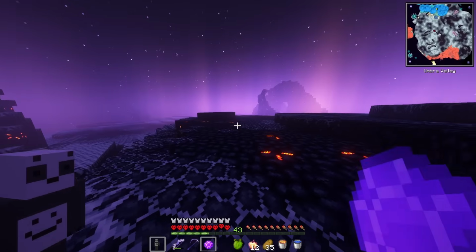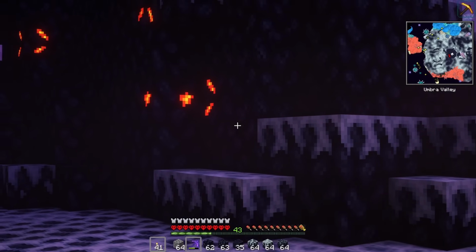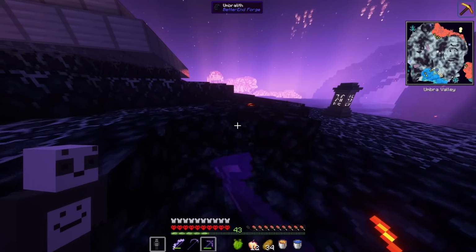I'm in the end again, in the Umbra Valley biome to be exact. There's a block called Umbralith here, and that's what I'll be using for the hallway. This is the kind of pattern I'm going to try to copy for the hallway. I've set up another beacon, so...